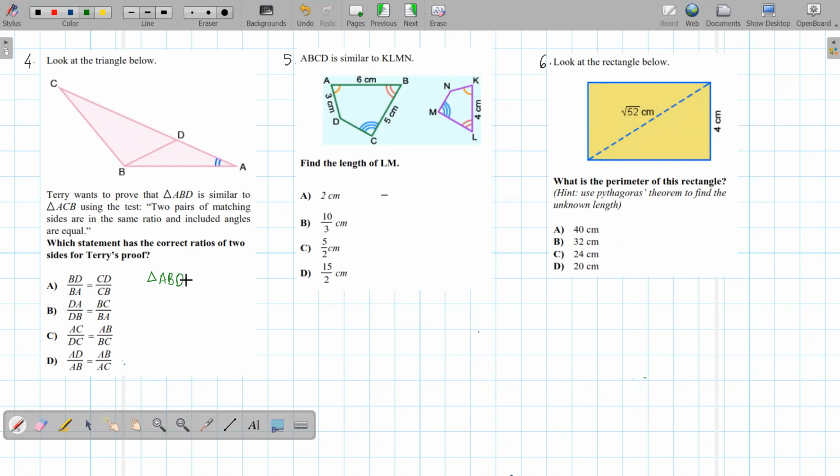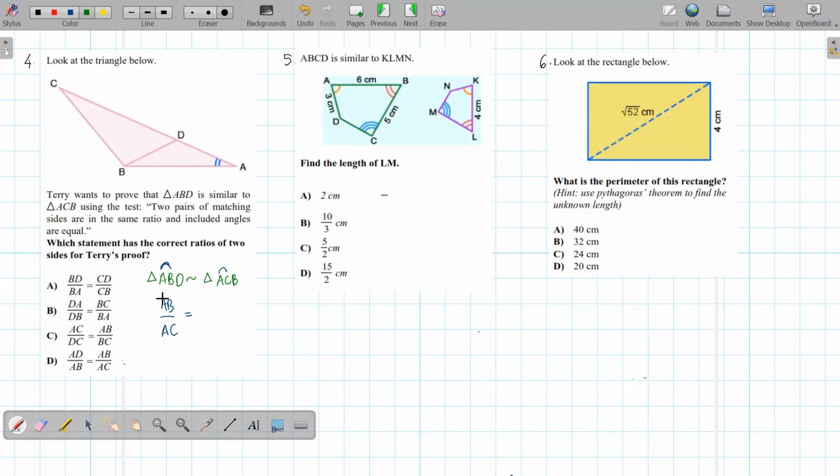It's similar to triangle ACB. Now let's find the matching sides of these two triangles. First we write AB. AB corresponds to AC, right? AB over AC, and it equals